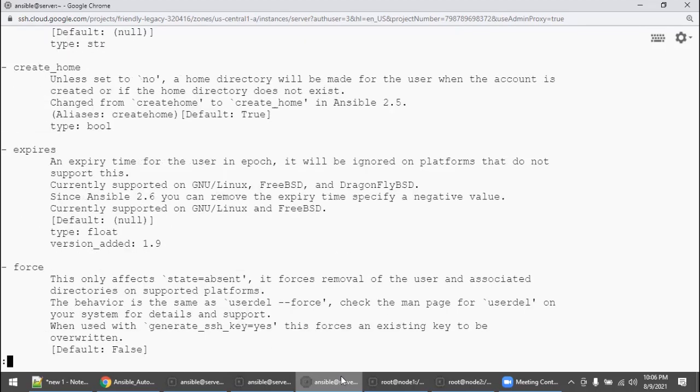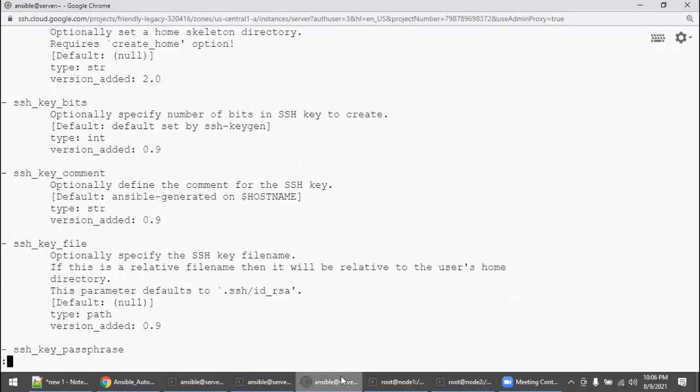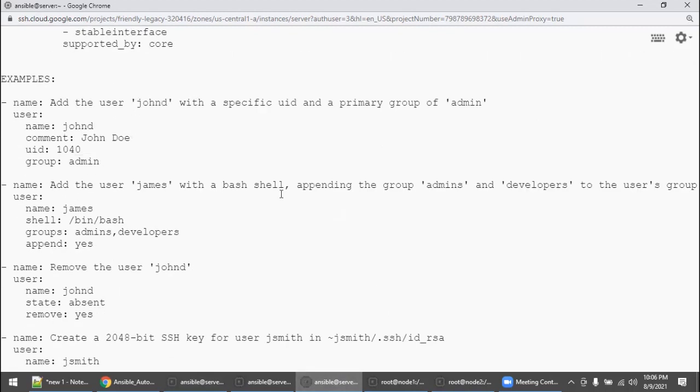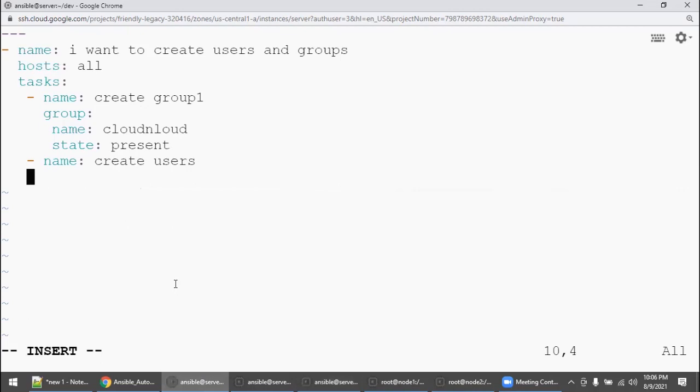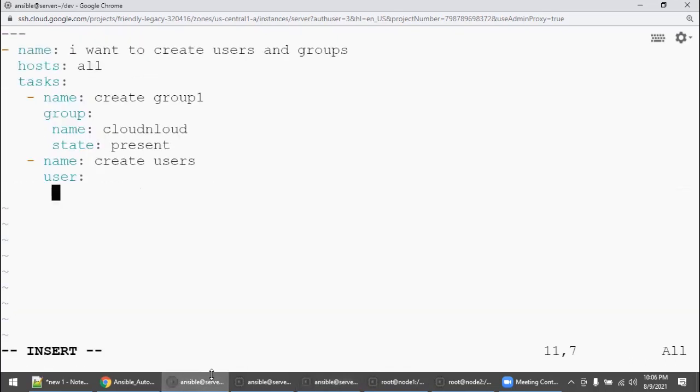Come to the example and see how the format syntax looks. User is the module name. So let's go here, say user is the module name, and go back to the example. What is the user name? Say cnladmin is the username.